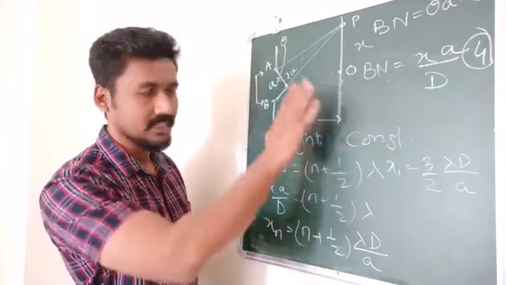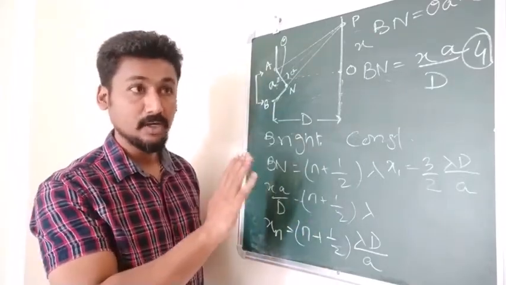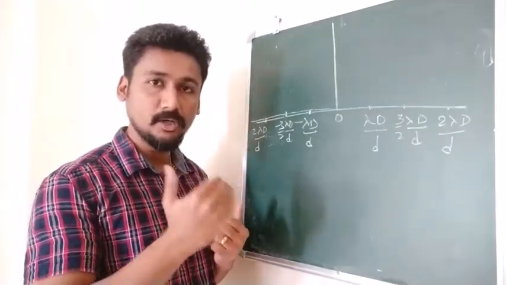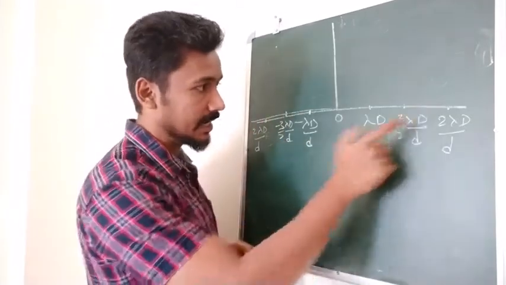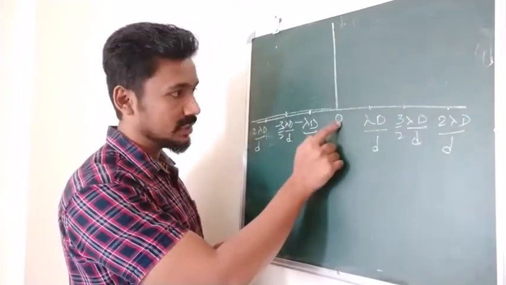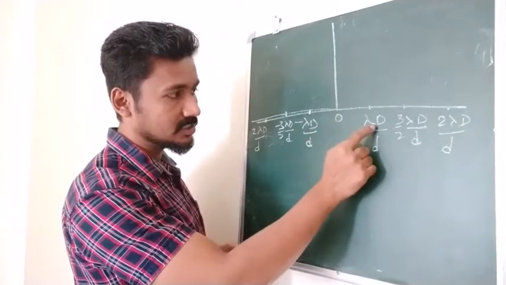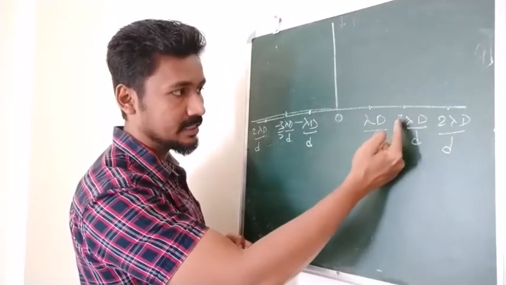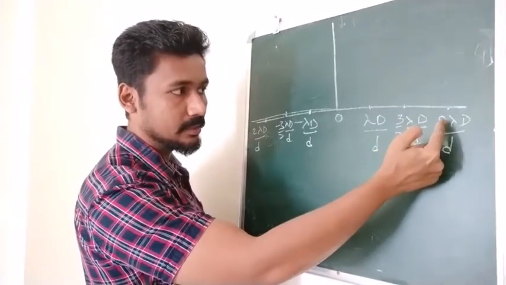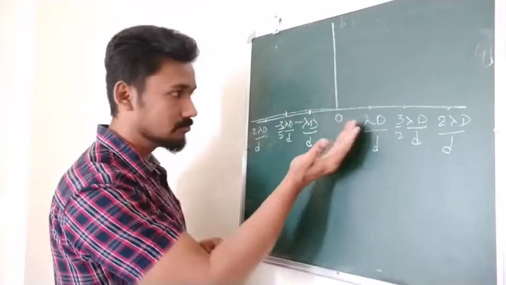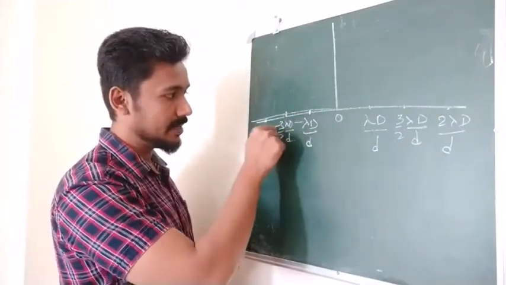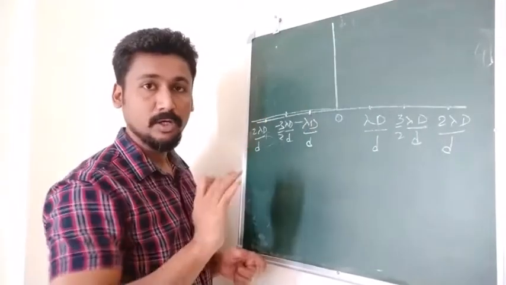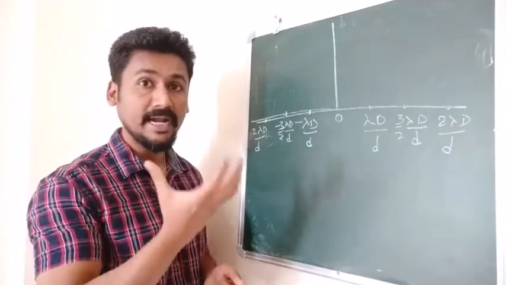Now we are going to see what is the meaning of this and what kind of pattern we are going to see on this screen. Okay, now to understand what you see on the screen, this is the screen and these are the distances on the screen. तो ये center वाला O, then from the center first point we are having lambda D by d, ऊपर की side में positive side में, then 3 by 2 lambda D by d, then 2 lambda D by d. Then negative side में minus lambda D by d, minus 3 by 2, same points हैं. And on this y-axis we are going to see the intensity. ये brightness दिखा रहा है.